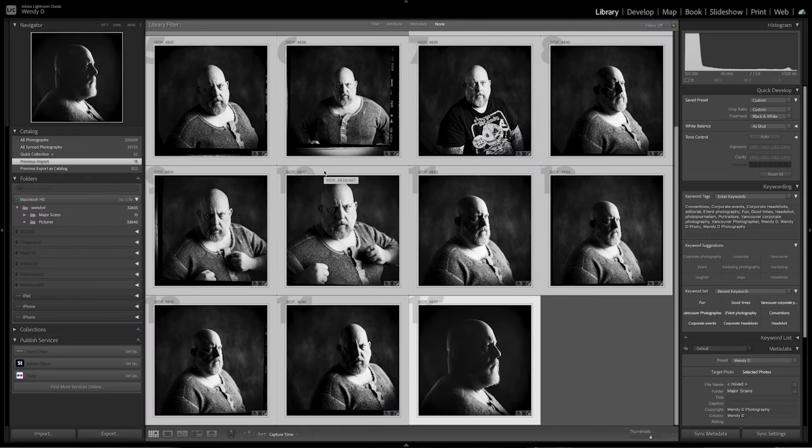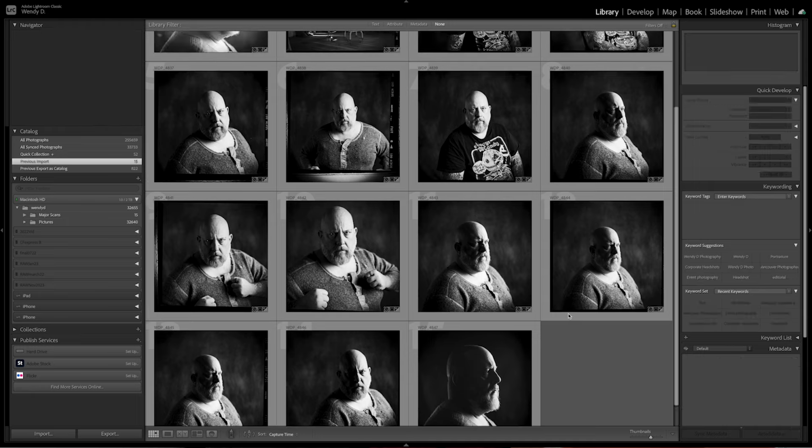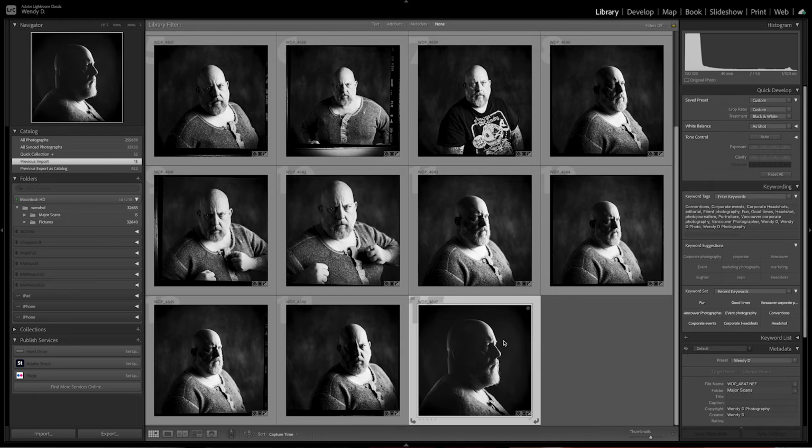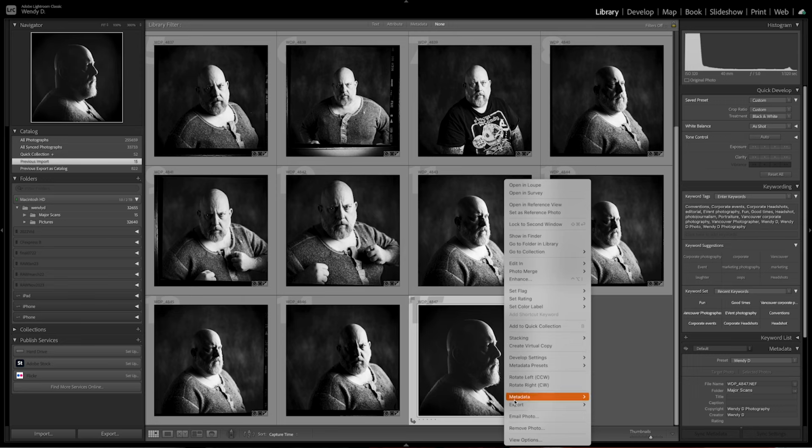If you want, you can export the image just as it is. You can make a virtual copy and do a whole other set of adjustments to it if you want. And then you can see all of these different adjustments and choose the one that you like the best. The next step I'm going to do is we are going to export this photo. You are going to right click, you're going to go to export,